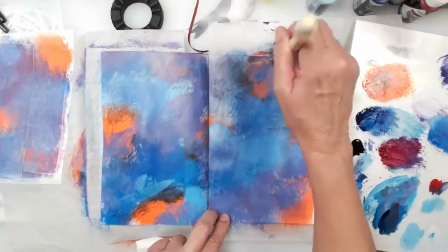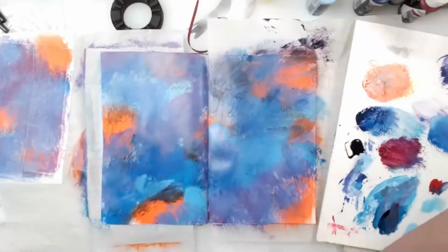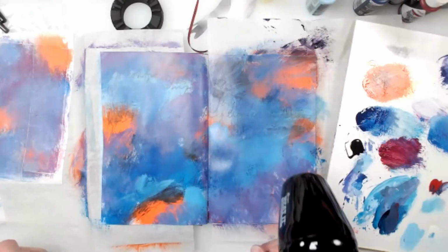I'm just going to keep covering it until I'm happy with it, and I think that's fun. I'm going to let that be, and I'm going to just hit this with a little heat gun to get it so I can do the next step. Now, if you're using watercolors, just get it to dry. And this one,